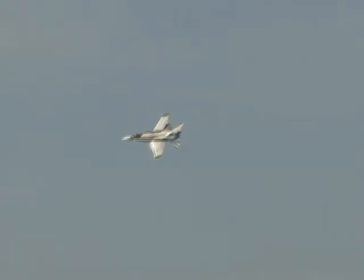A little ways out, he'll lower the gear and flaps. And then he's going to set up for landing on the deck of a carrier. He will simulate a carrier landing, a touch and go, and then what is known as a bolter, and demonstrate what every pilot does as he or she touches down, and that shoves the throttle forward in case the tail hook is unable to catch one of the 4 wires that are stretched across the deck of the